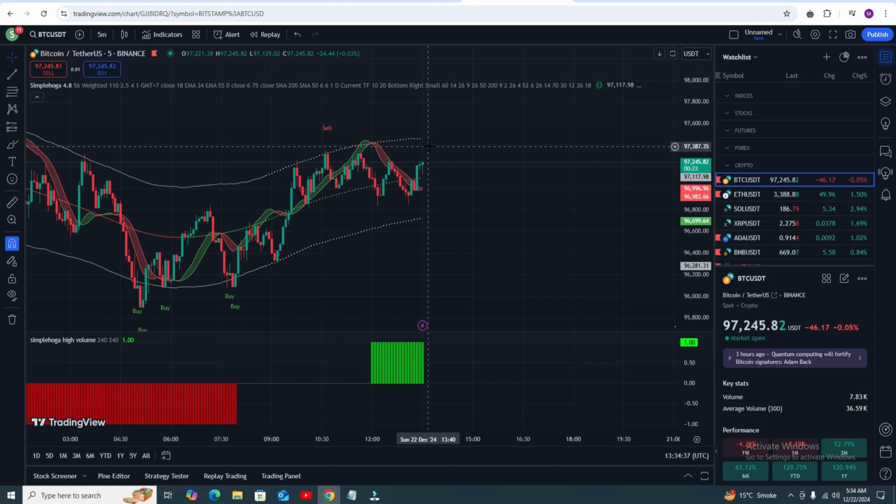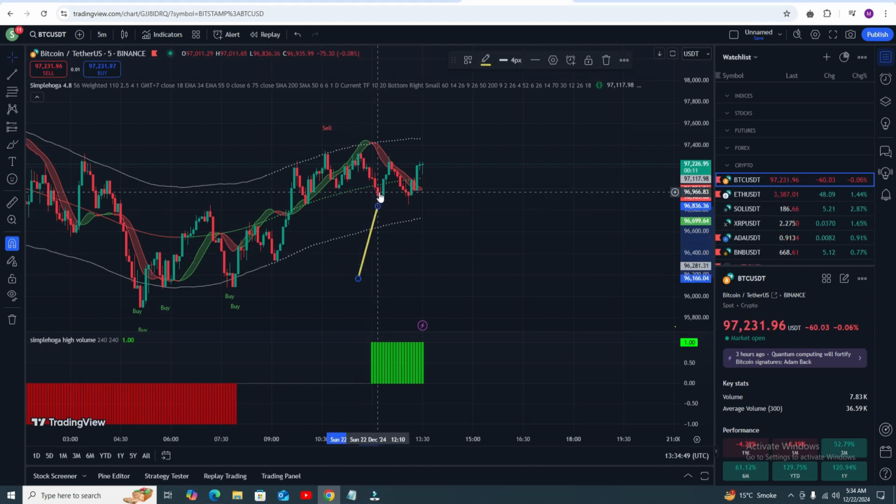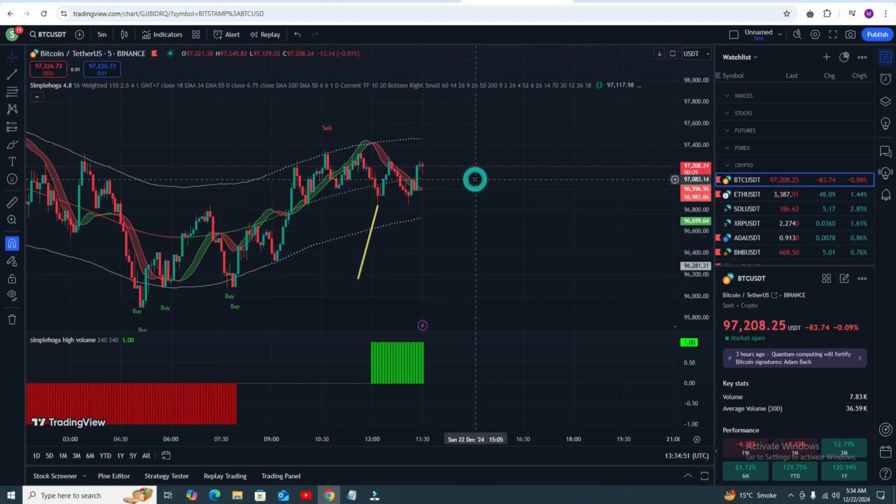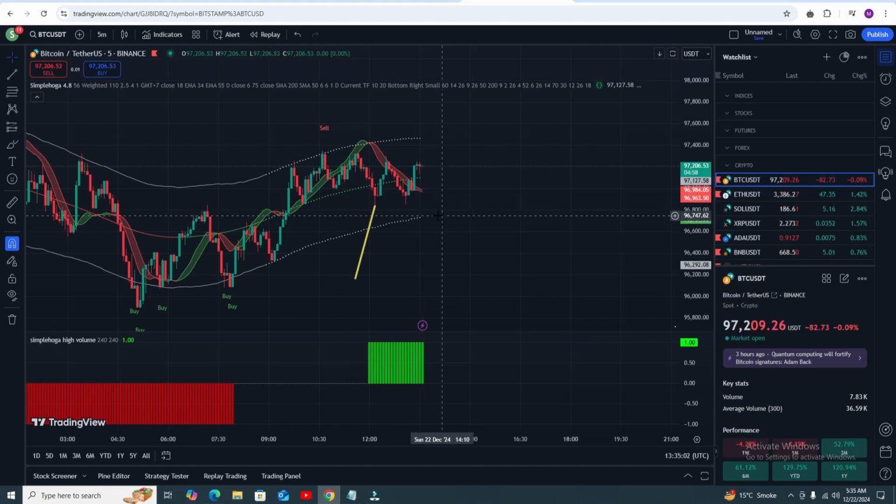But there is one more important point. Here you can see this is your buy trade, let me identify. This one is your sell trade. From this point, whenever the market goes downside and you get one more buy signal, then you need to open one more position, because both trades will definitely give you profit.